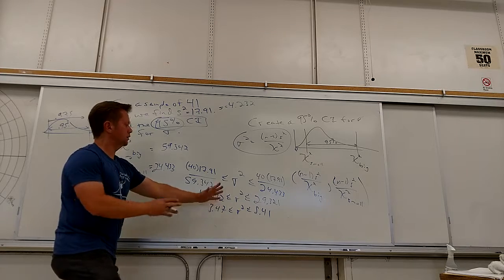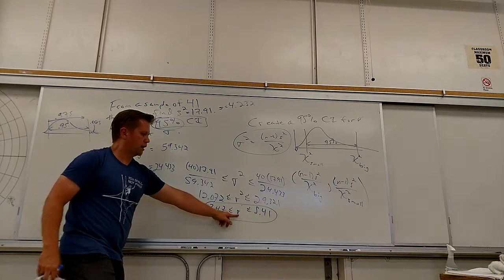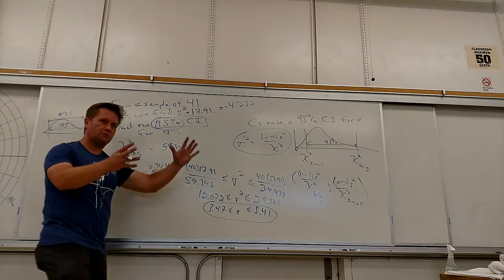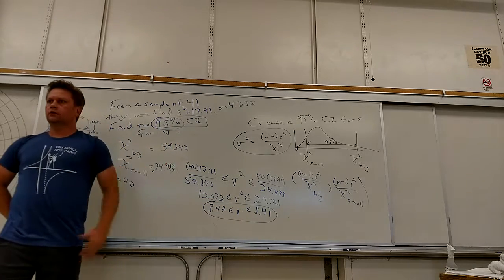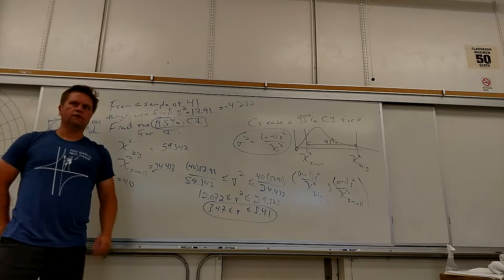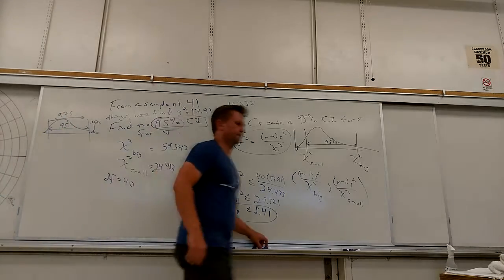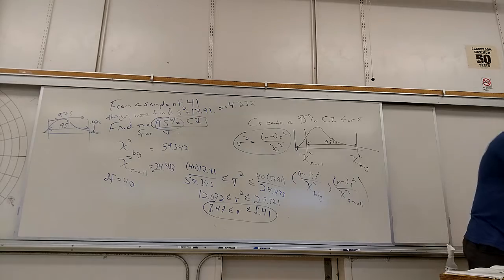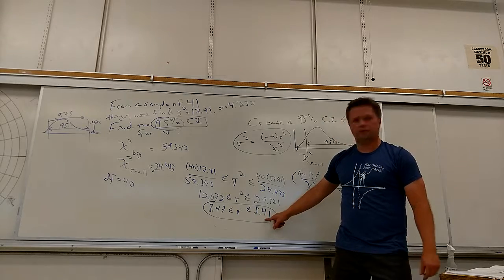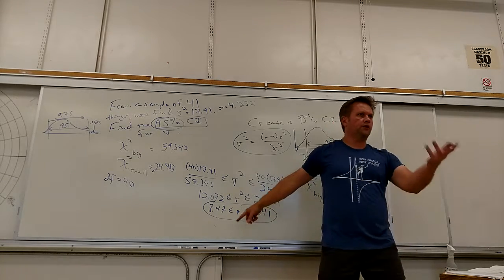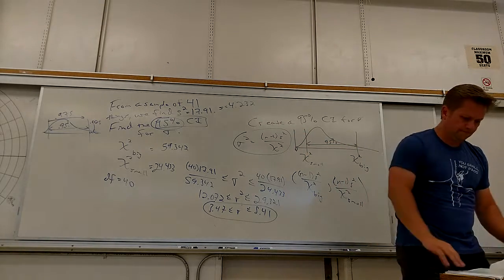But see now, we would say we are 95% confident that the population standard deviation is, we are 95% confident that the interval 3.47 to 5.41 contains the real population standard deviation. It feels very similar to confidence intervals we've done before. I like it. Can you repeat that last part? Same thing, we are 95% confident that the interval of 3.47 to 5.41 contains the population standard deviation. I like it.